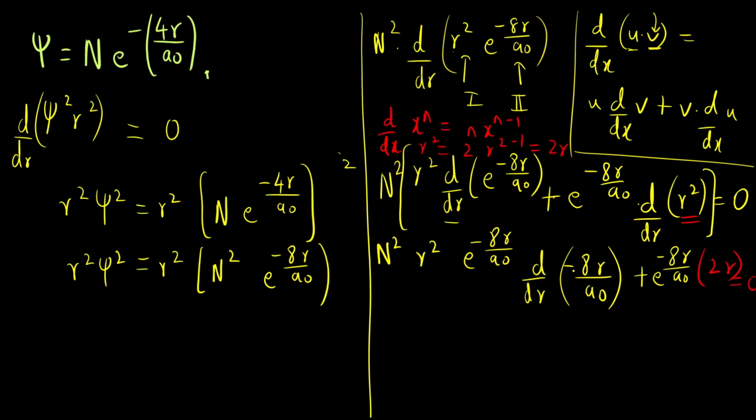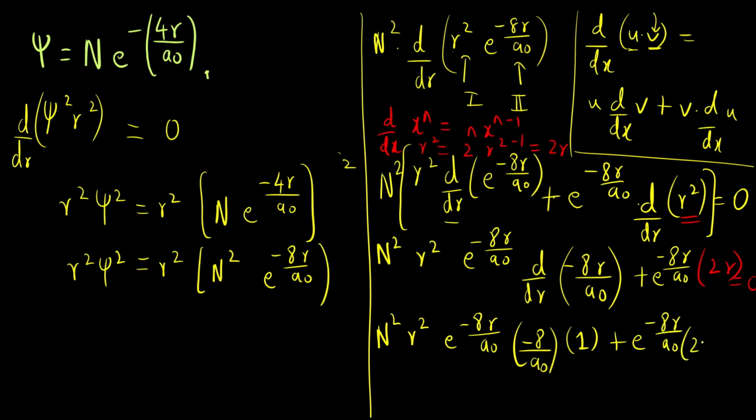Okay, so what is the differentiation of minus 8r by a naught? Minus 8 by a naught, I can take out as a constant. Let me write again: n square r square e raised to minus 8r by a naught, minus 8 by a naught is constant, d by dr of r will be 1, plus e raised to minus 8r by a naught into 2r is equal to 0. Now what I can do,